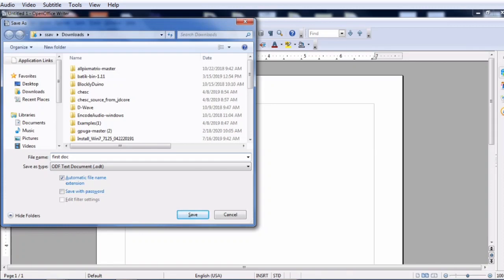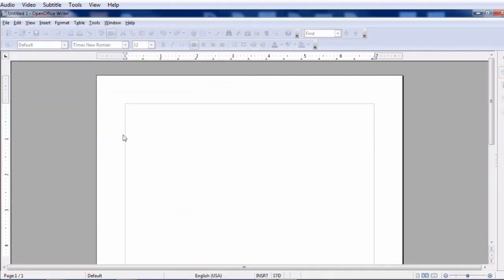Save as type is ODF Text Document, that is .odt. ये आपकी फाइल का एक्सटेंशन रहेगा जब आप ओपन ऑफिस में फाइल बनाते हैं. Then Save. So you can see the name of the file is changed from Untitled 1 to first doc.odt.